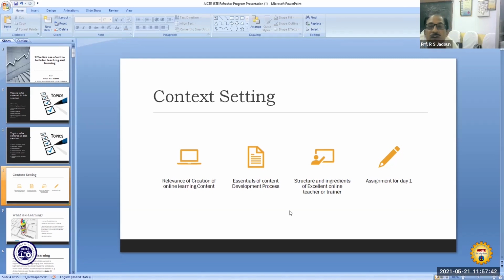So here in the context setting, the relevance of creating online learning content must be clear to oneself, who is the creator, as well as to whom the delivery is being made. Then one should understand essentials of the content development process, and finally structuring and understanding ingredients of an excellent online teacher or trainer. These are the three main elements which each one of us has to understand.